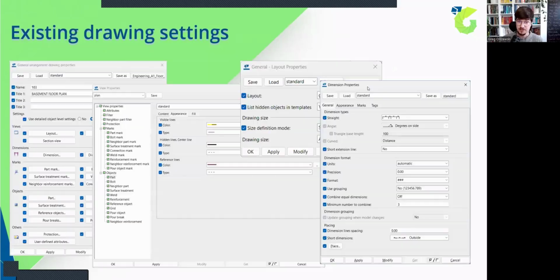That's why in Tekla you have a lot of different possibilities to customize your drawings. You can provide some settings for the drawings, for the views, for the dimensions, the size of the drawing, how to hatch things. There are a lot of different things. And with every Tekla release, you are getting some more features, some new powers to customize how your drawings should